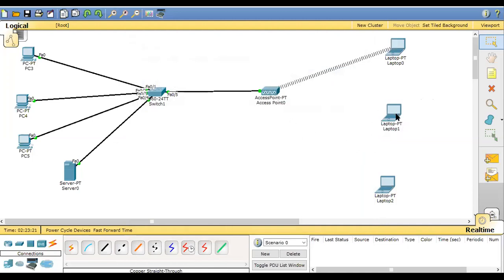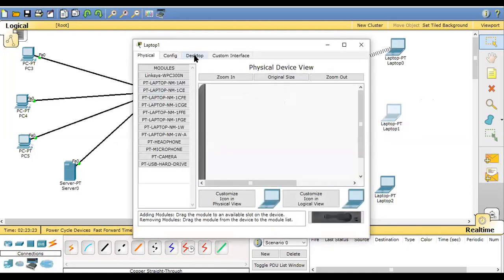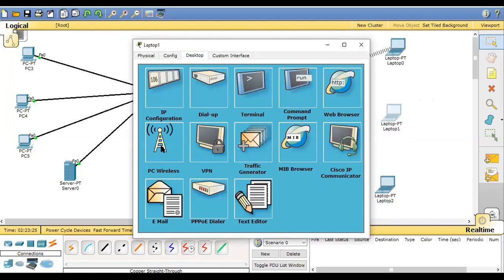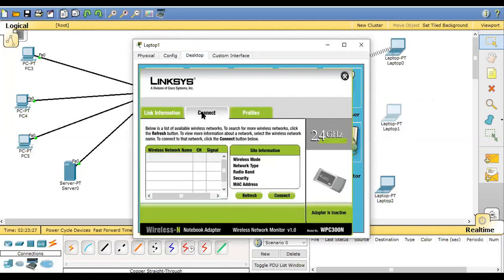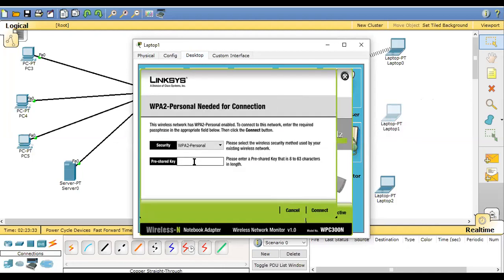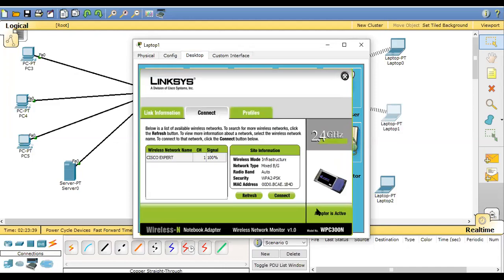In the same way, I will do it here also. I will go to Desktop, PC Wireless, connect, and it will show me the signal. The signal is showing over here. Just go to connect and give the password passwd@111, and connect. 2.4 gigahertz is the frequency of your channel, with non-overlapping channels.